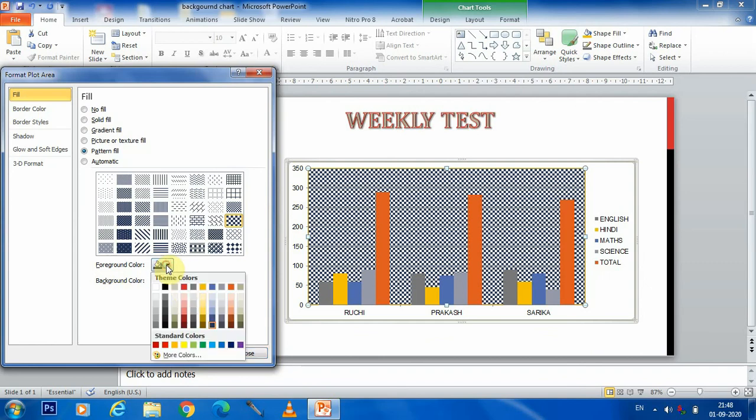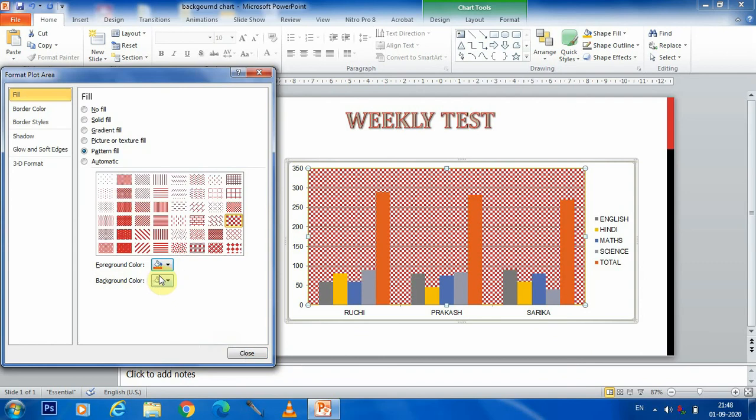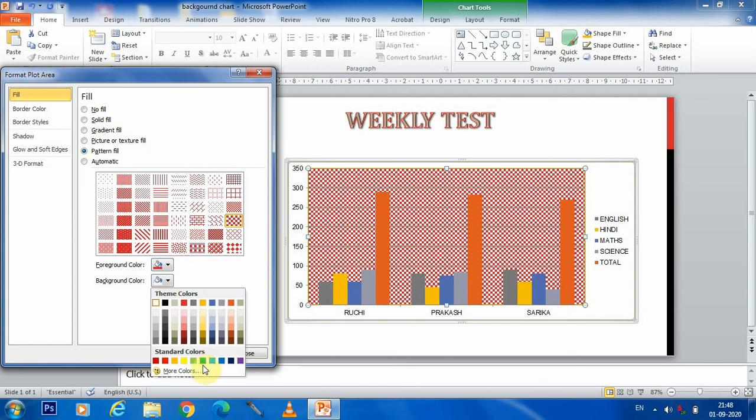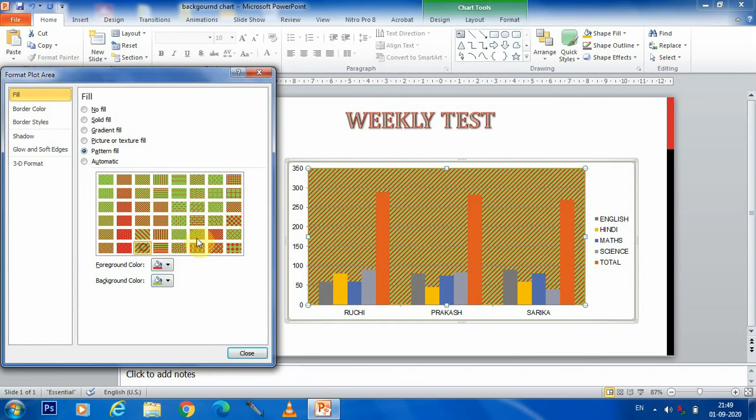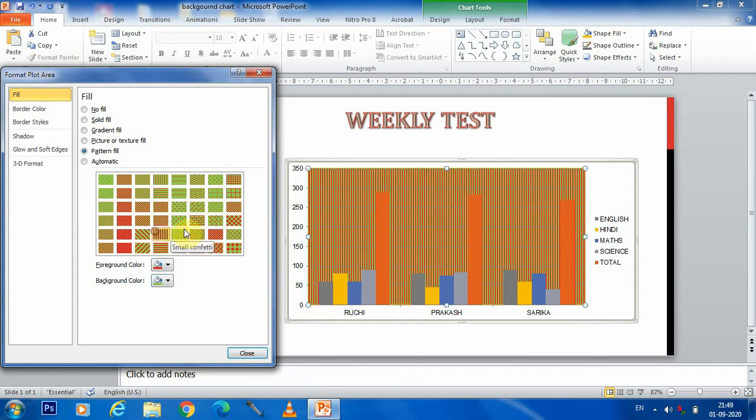So I'm making this one its foreground color and that its background color. Anything, it depends on you which color you like most. After choosing both, you can see these designs, patterns are available. So now we can choose any other one also.